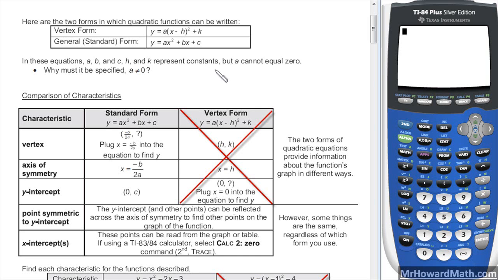In this video, we'll continue our look at quadratic functions. Last time we looked at the vertex form. This time we're going to look at the standard form. So as you can see here, the standard form is y equals ax squared plus bx plus c, where the